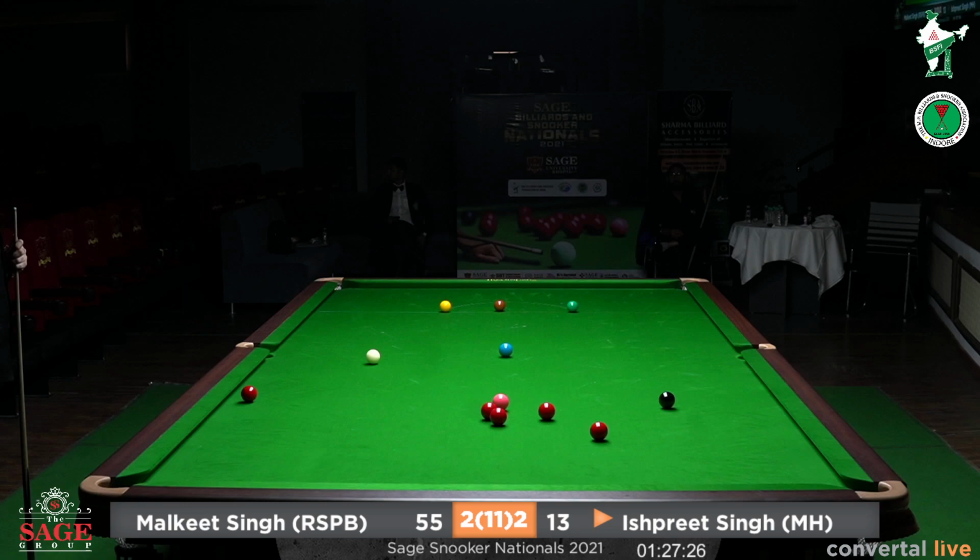The yellow and the green are on their own spot. Brown is very close to the blue, pink and the black are very close. So if Ishpreet can negotiate a red, it can be a very easy clearance for him. At the same time, Malkeet, when he's playing safety, should make a point where he can cannon certain colors and push them towards the cushion, just for a little insurance. Good